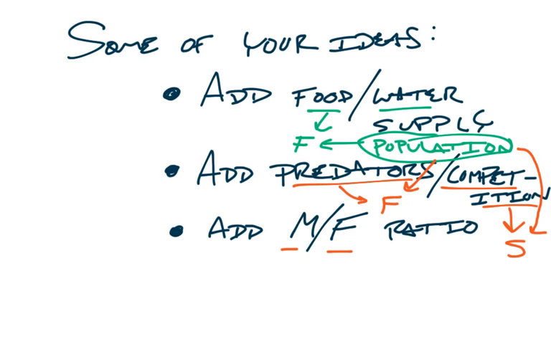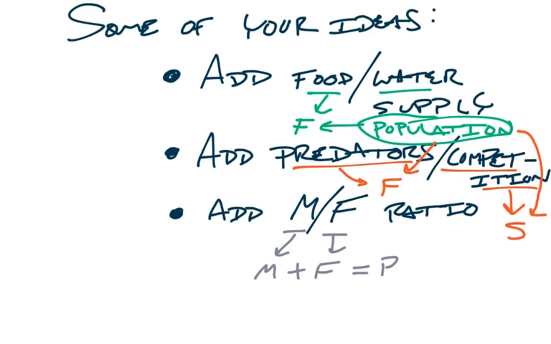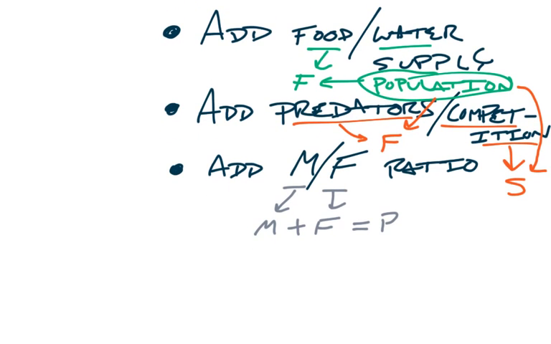Now, here's, I think, maybe the subtlest of the points: the male-female ratio in your population. All right, so the male-female subsets of your bunny population. Well, if you think about what your bunny population is, if P is your bunny population, it can be viewed as the male plus the female populations within your bunny population. In other words, the males and the females are each their own individual populations.